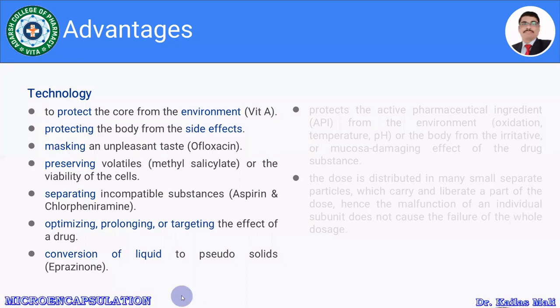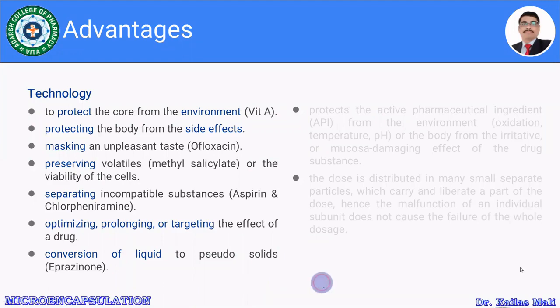As we are incorporating a number of particles in one dosage form, isn't it? So many particles are involved, and each particle is coated. Suppose a single particle fails, it doesn't mean that the whole system is going to fail. Already we have discussed this on the previous slide, isn't it? So these are the few advantages of